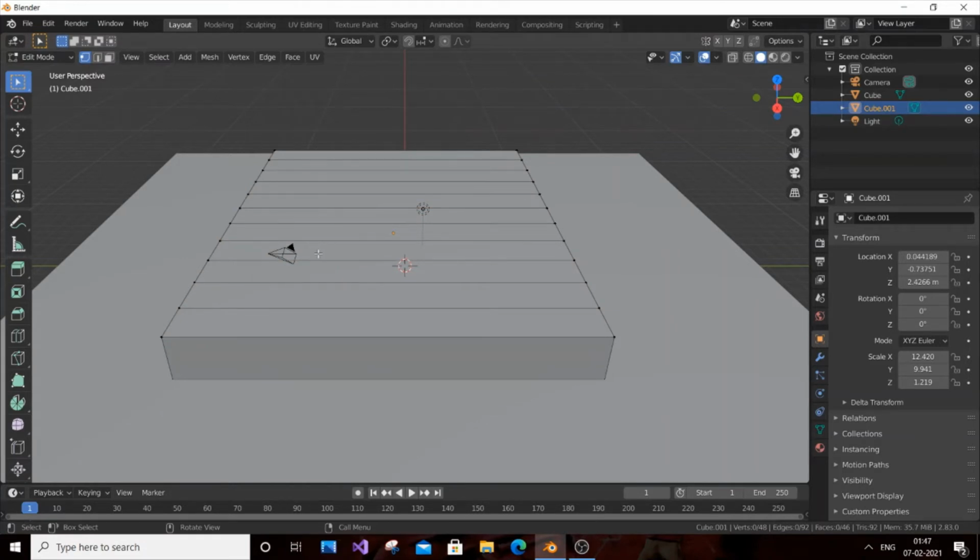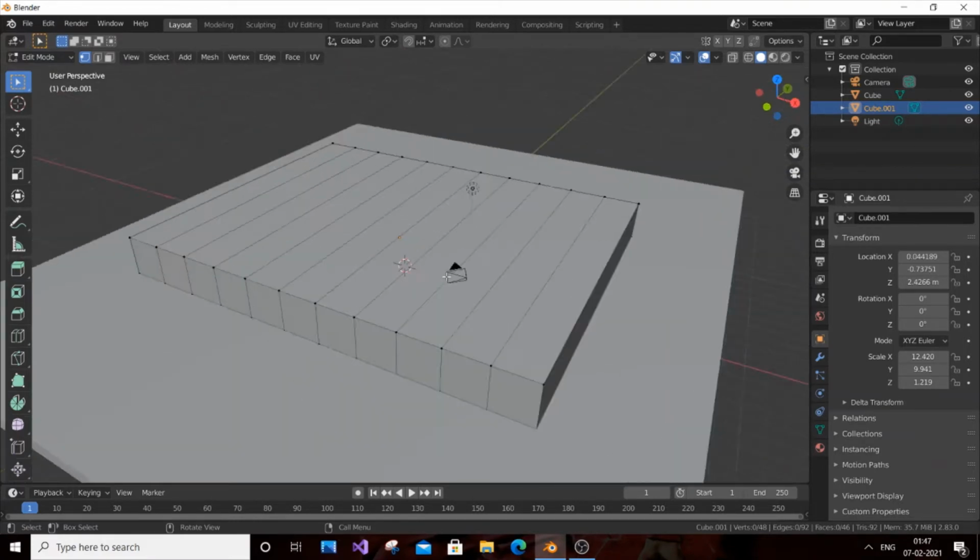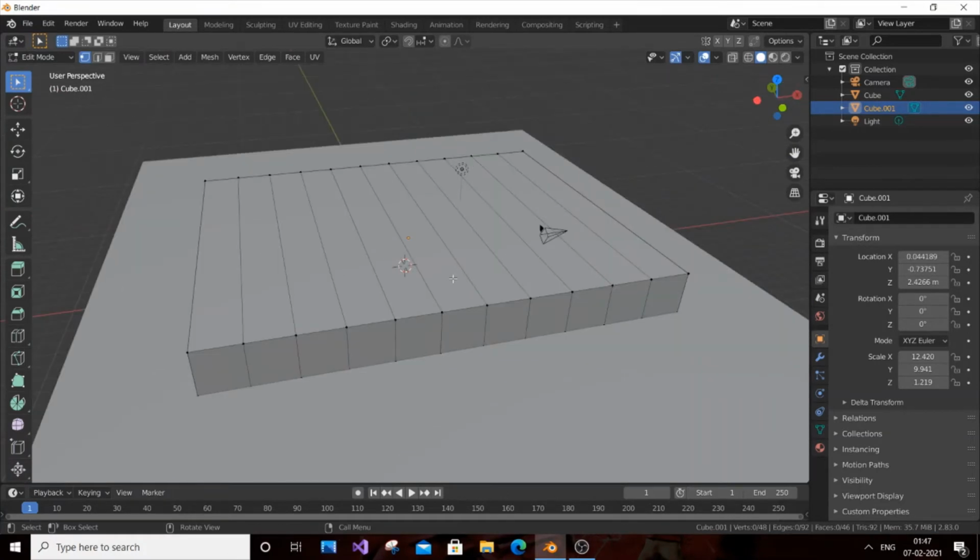So now we have done this along one face of our cube, and now we will just move our cube. You can do this without moving, but in order to look good for the top view, I am moving this. So now again we are going to do another loop cut. We have done this for the windows on the front and back side. Now we are going to do the windows for our sides.